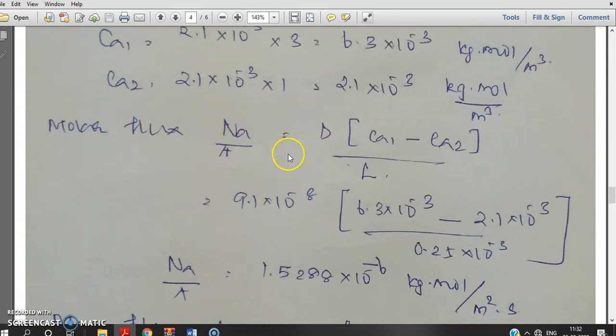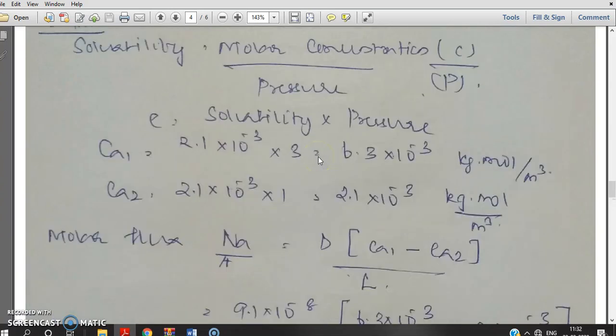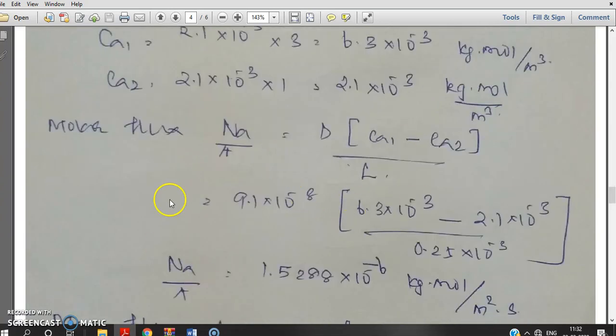Now the molar flux equal to NA by A equals D (CA1 minus CA2) divided by L. That is what we have seen, because it's a plane membrane. So that formula is here. If it is in the case of a cylinder, we have to substitute ln R2 by